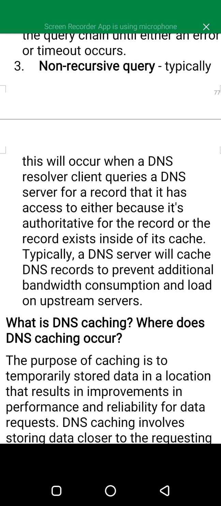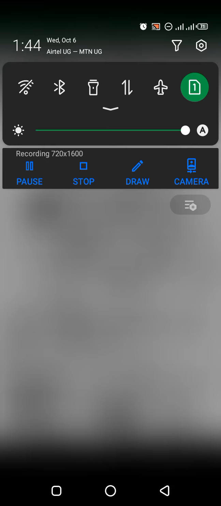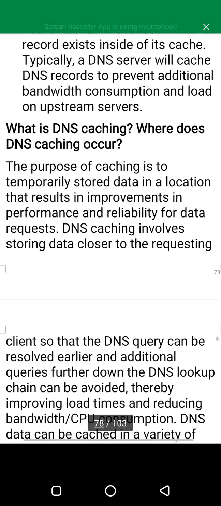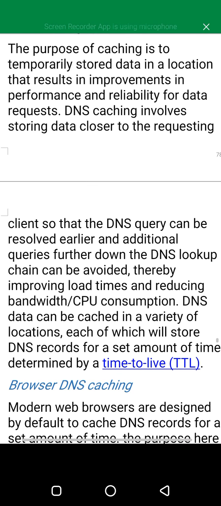What is DNS caching? Where does DNS caching occur? The purpose of caching is to temporarily store data in a location that results in improvements in performance and reliability for data requests.